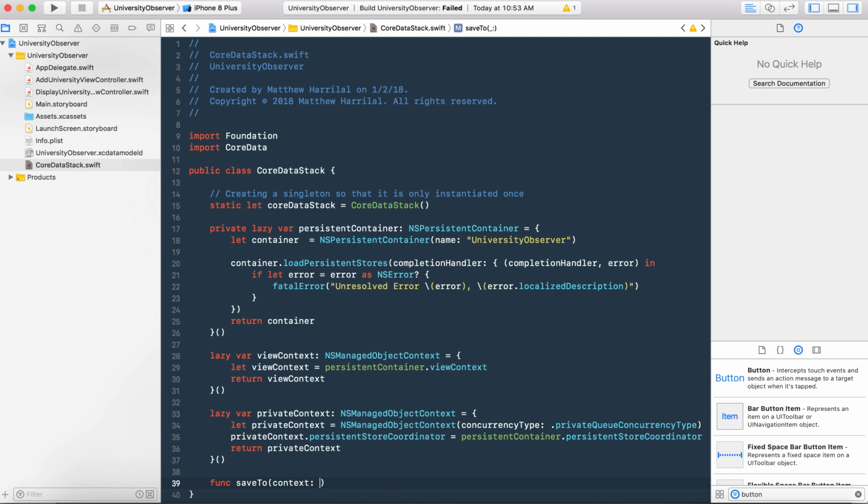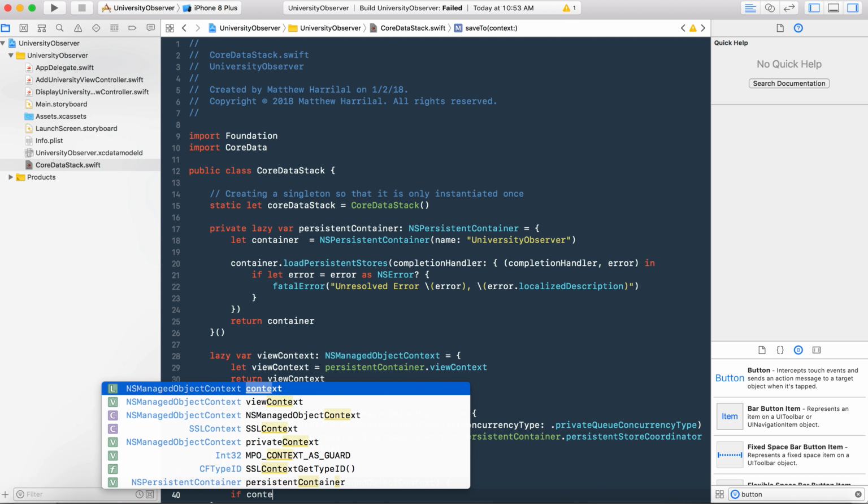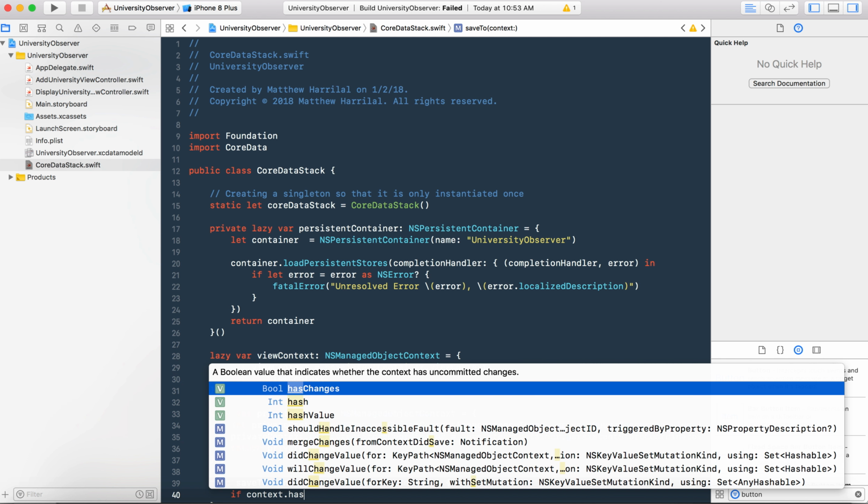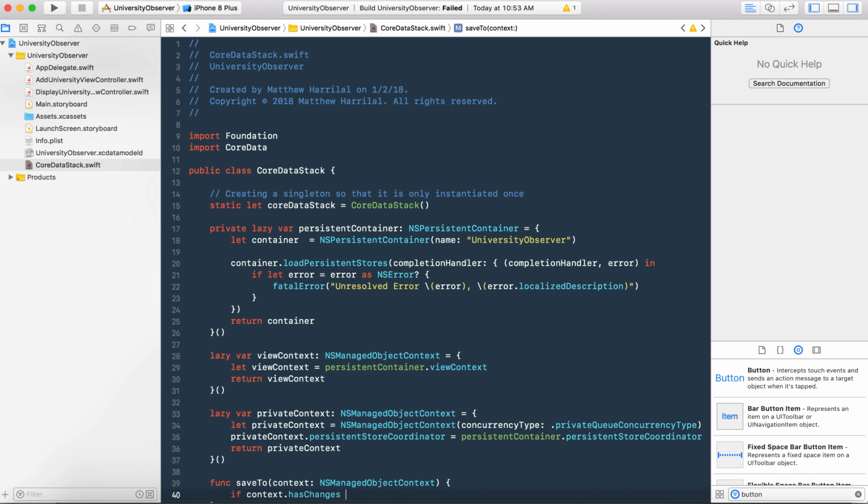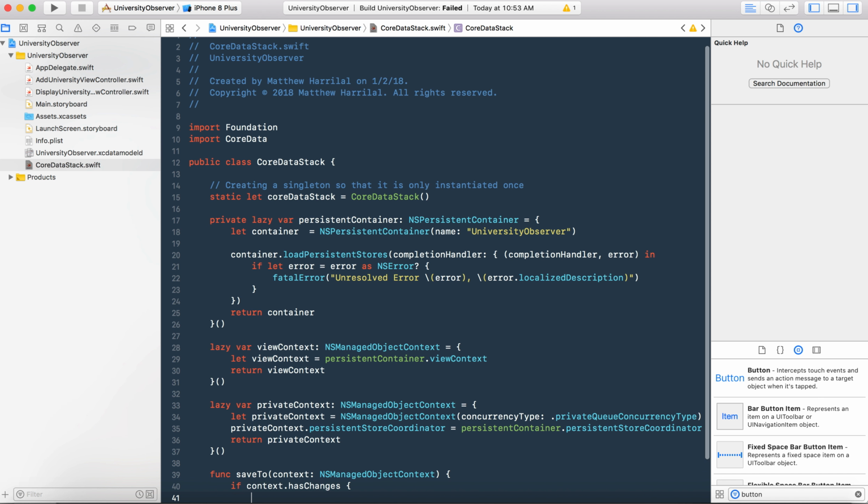So it's going to take in a parameter of context, meaning whenever the user calls this function, we want them to save it to a context, meaning we want them to perform it on a specific queue, so the app knows how to handle it and how much time it should take, and if the user should see it or not. So if the context does have changes, meaning if there were changes saved to the context,